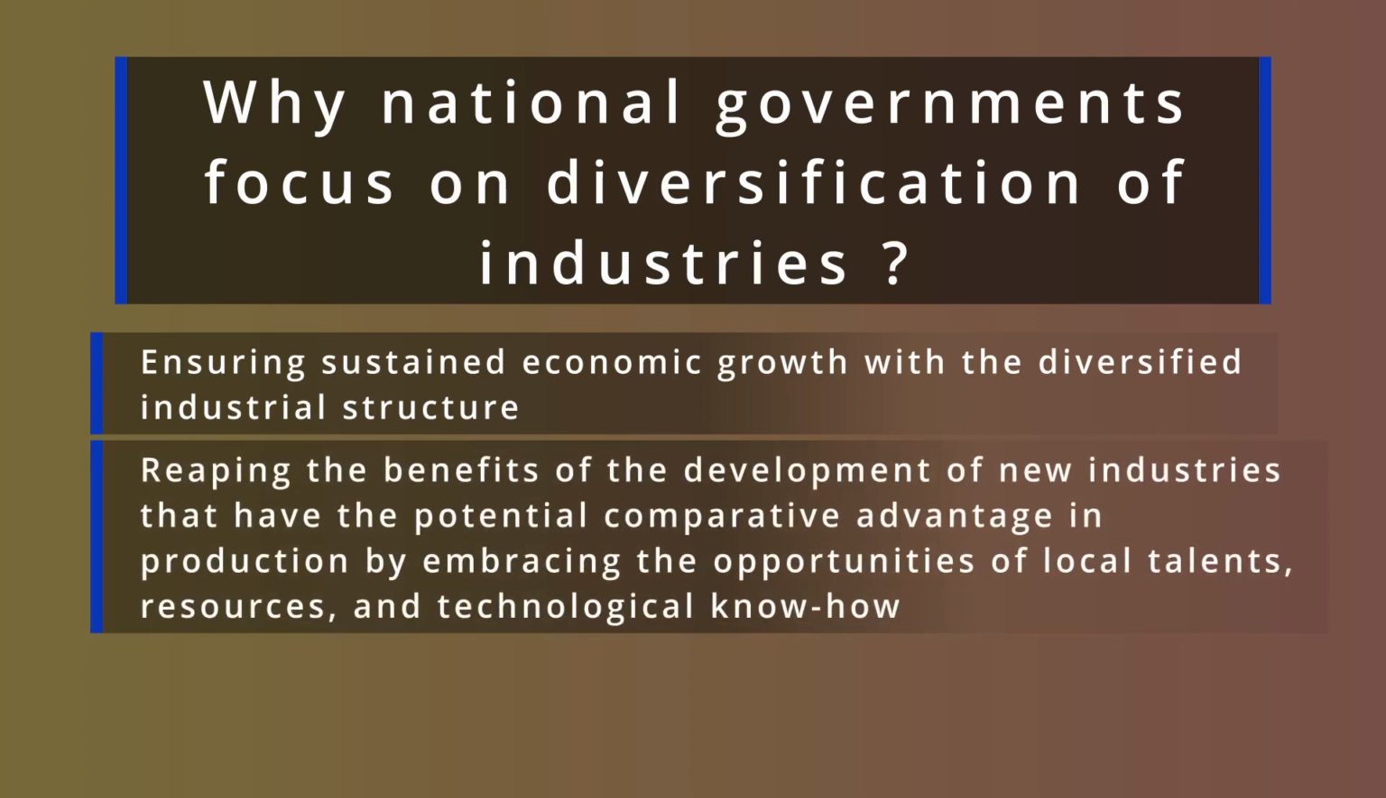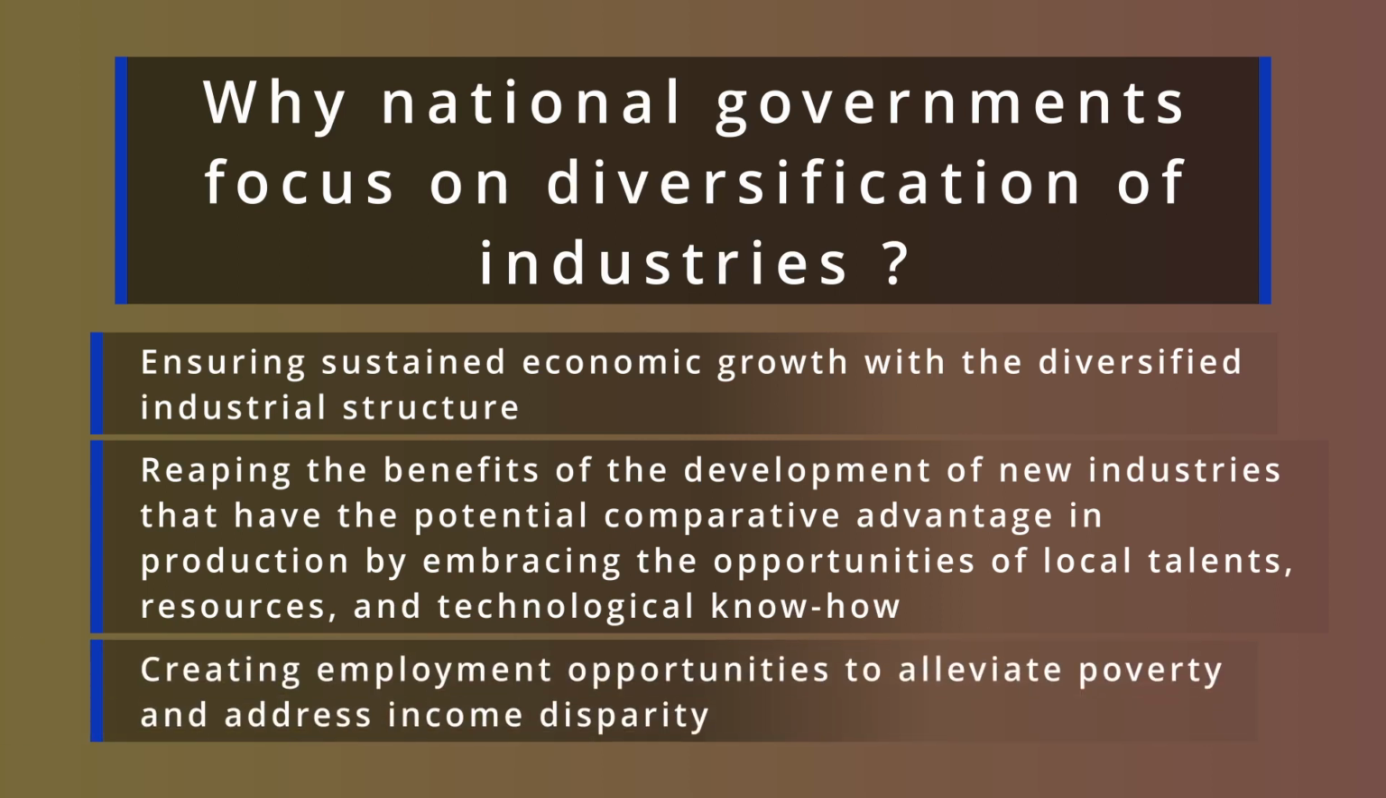Secondly, there are many domestic industries in a particular nation that have the potential to thrive if they can get adequate support from the government with the help of local resources, local talents, and local conditions. So by promoting those industries, government can bring many industries to the forefront with this diversification strategy. The third important objective of the government is obviously employment generation. And this objective is very critical, particularly for developing nations like India, where it can reduce poverty and